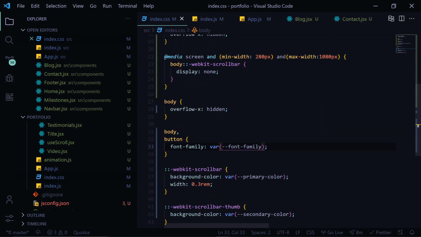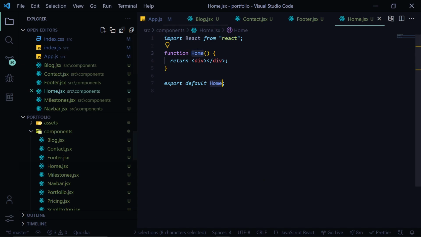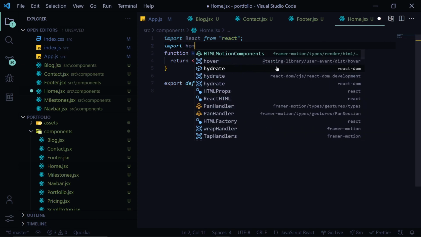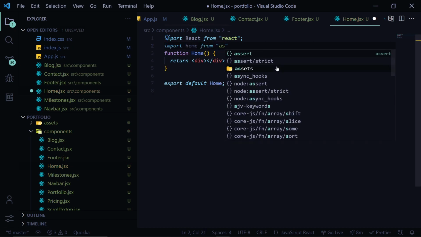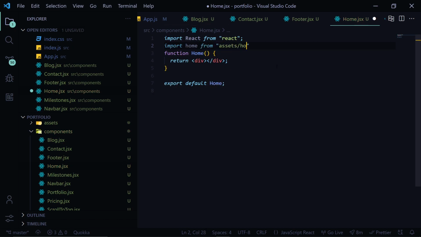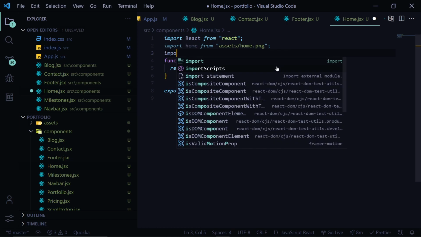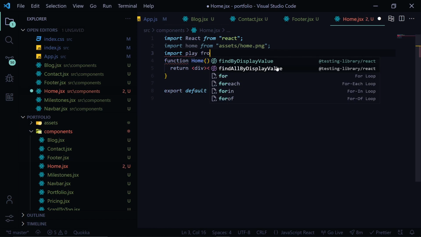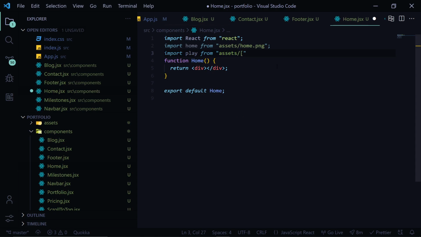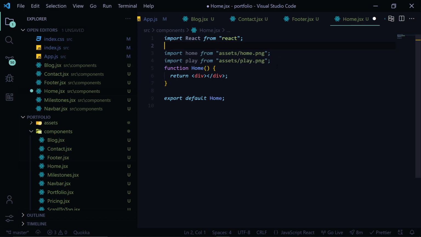We'll now start the navbar of the application. Let's head over to the home.jsx. So the navbar would be inside the home.jsx component. So first we are gonna import home from assets, home.png. This would be the background of the home. Then we are gonna import play image from assets, play.png, and now we will import